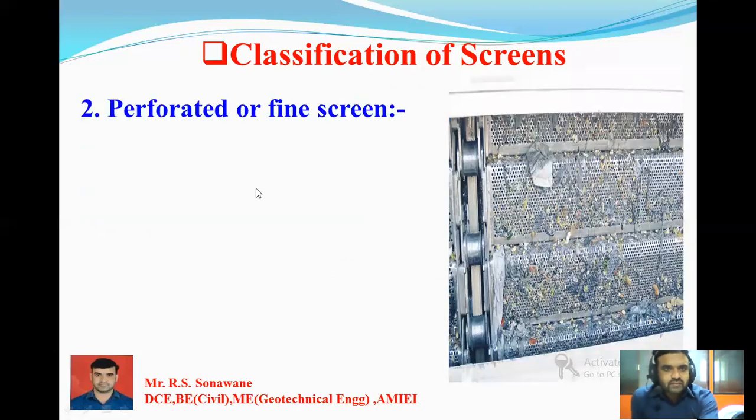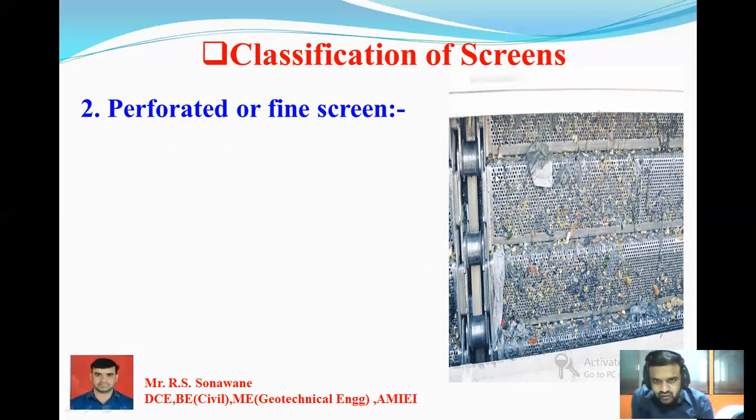So next one is the perforated or fine screen. I put one picture here, so you can see this is the second type of classification of the screen chamber. Perforated means very fine holes on a fabricated material or any steel material.